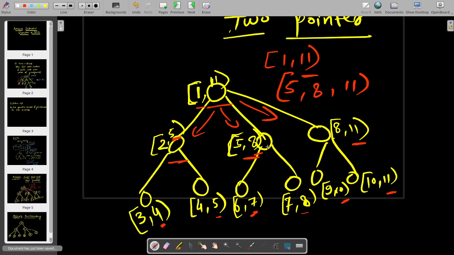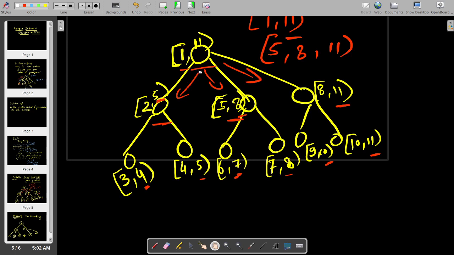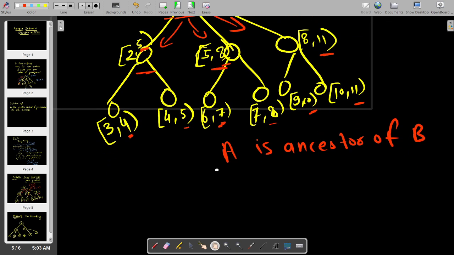And from this you could see that if a node is an ancestor of another node, let's say A is ancestor of B, correct? Let's assume that.